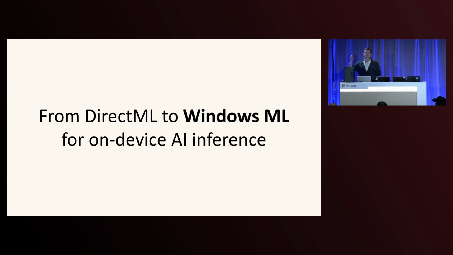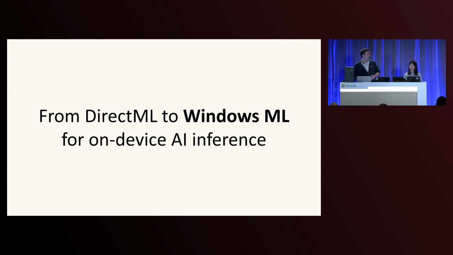Something that can strip away the layers and the abstractions between your app code and the silicon that is running on your customers' machines. But we also need the platform to be able to move at the speed of AI innovation when it comes to silicon. So we're seeing a flurry of activity in the NPU space where new chips are coming out. These chips are very different. They're designed very differently. And we really need the platform to be able to keep up to the extent where when new hardware hits the market, the platform is ready to go for your apps on day 1.